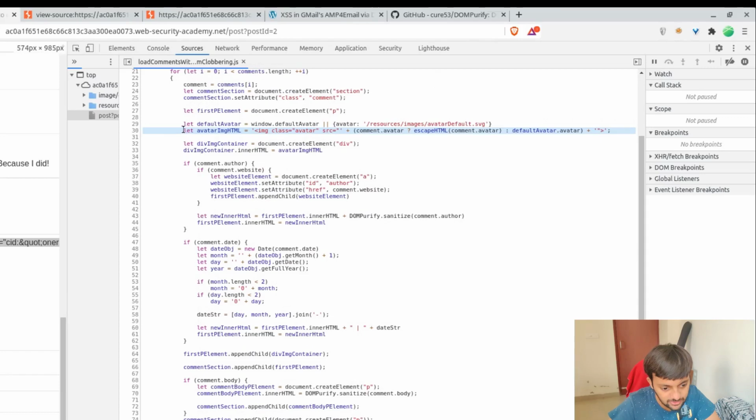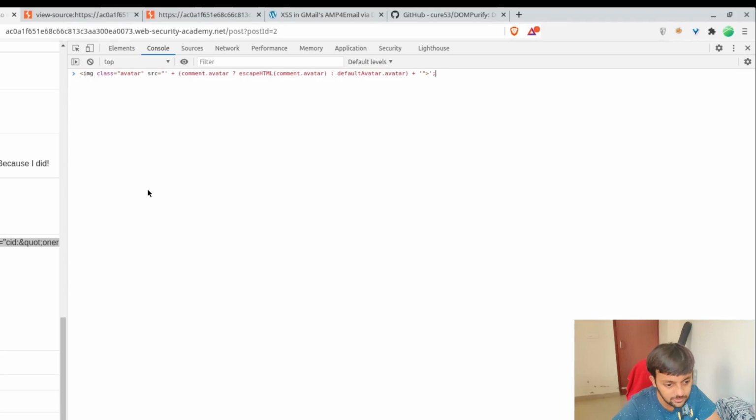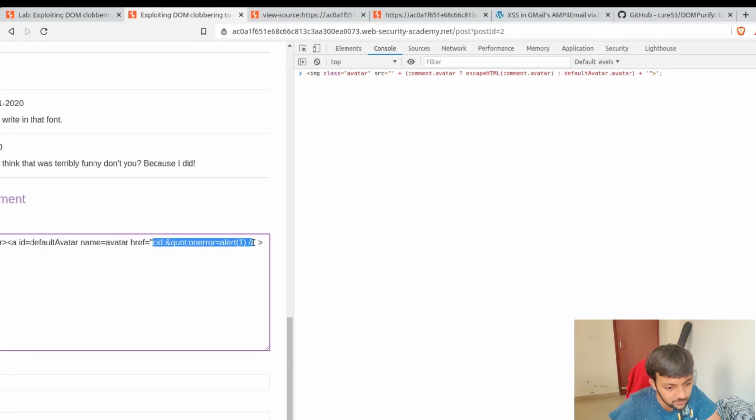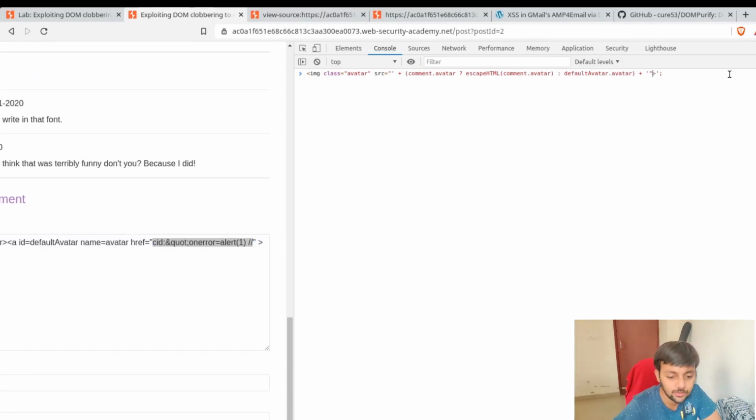if you see in the next line, comment.avatar, image class avatar src equal to this, and this whole line is being pasted. So if I show you here, let me clear this. Image src equal to either comment.avatar or escapeHTML(comment.avatar), or if this is not there, then it would be fetching defaultAvatar.avatar. So when it's trying to fetch that, it would be getting this value, the cid value. So here, instead of this, what it would be, image src,